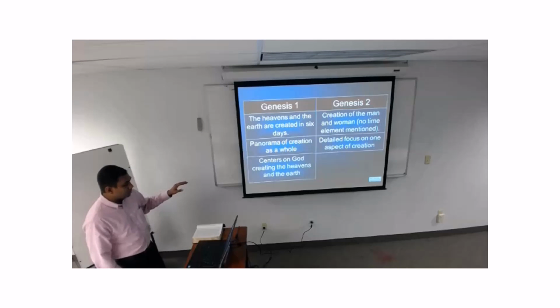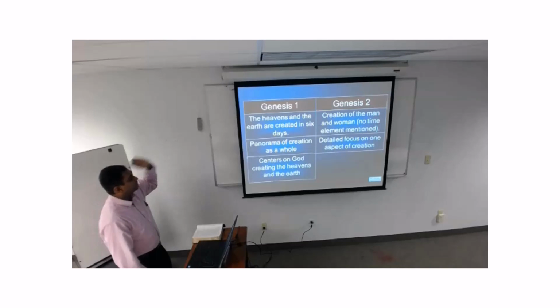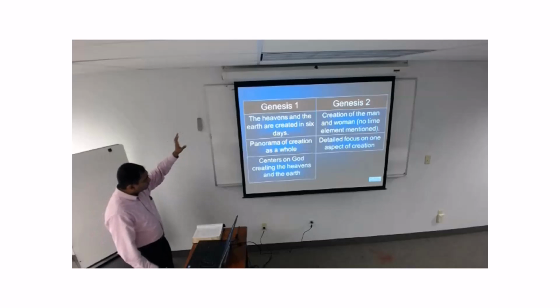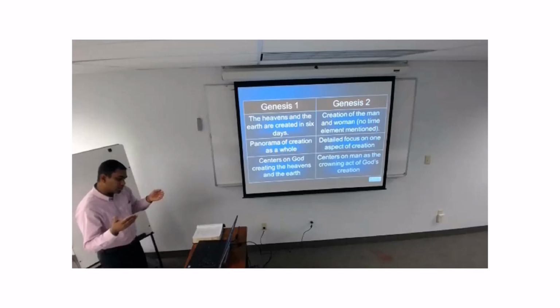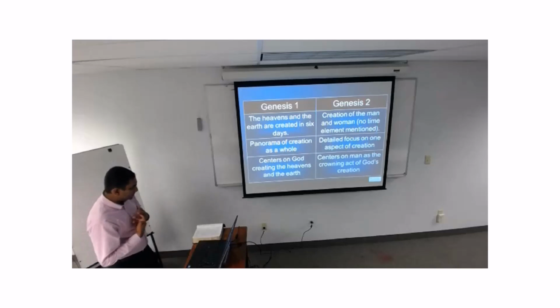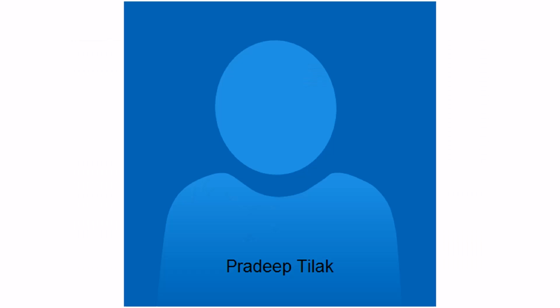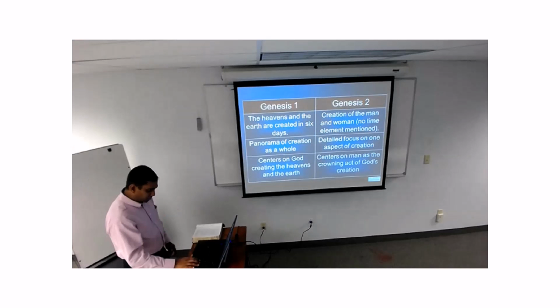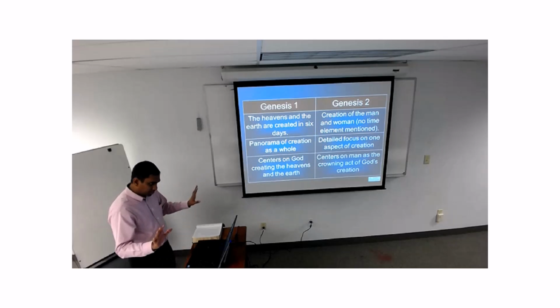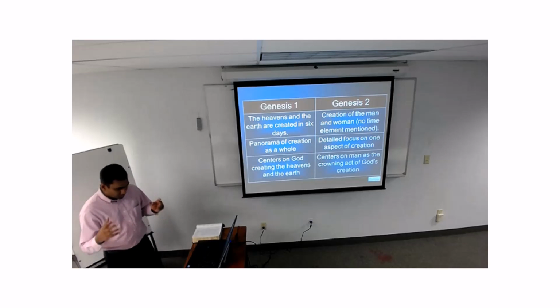Whereas in Genesis 1, the focus is on God. In the beginning, God creates all this. God spoke, God said, God saw. It's all about God in making the heavens and the earth. Whereas when you come to Genesis 2, it focuses on man as the crowning act of God's creation. Say that to a liberal and you'll get some. And God intends for man to be the recipient of this stewardship and responsibility. So that's basically what you see in the distinctions that you note in Genesis 1 and 2.